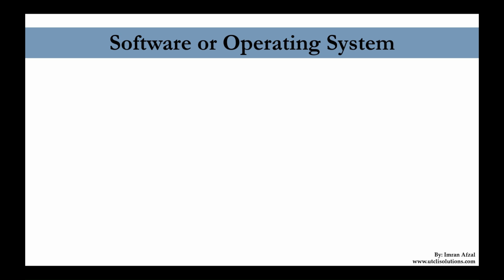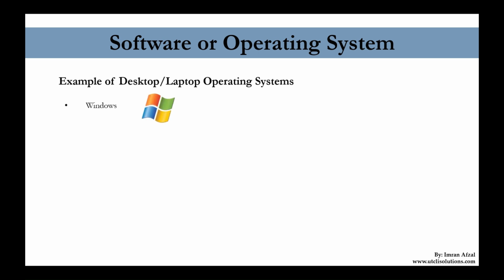Let's take a look at a few examples of our operating systems. Number one is Windows. Windows has the most market share in user environments. Then we have Mac. A lot of people use Mac as well. Then we have Linux. Linux is mostly used in the corporate world, and many times people use it as a